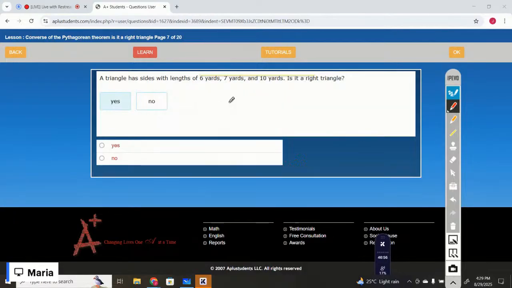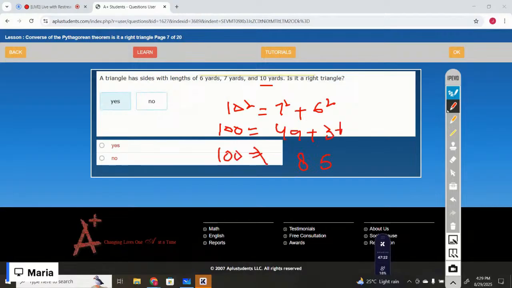That is, 10 is the longest side. This is the hypotenuse, right? So hypotenuse squared equals the opposite squared plus the base squared. So 7 squared is 49 and 6 squared is